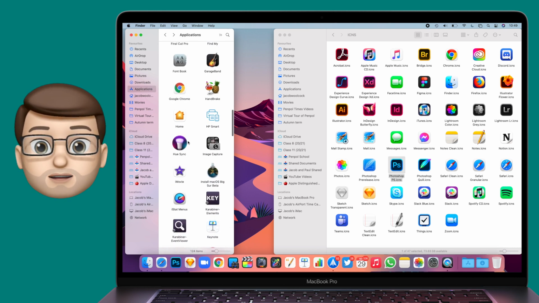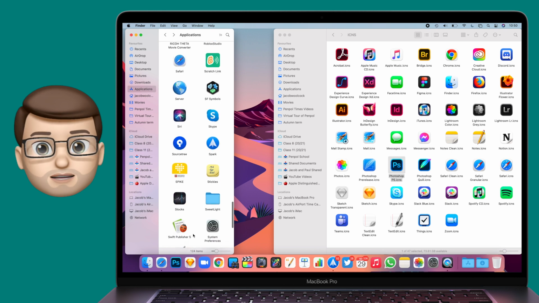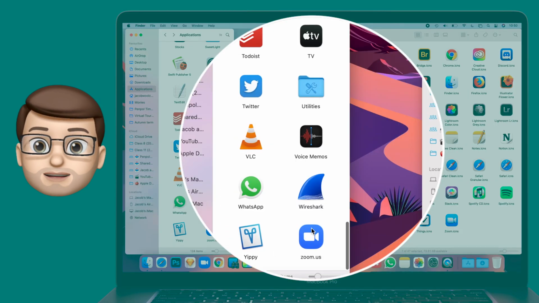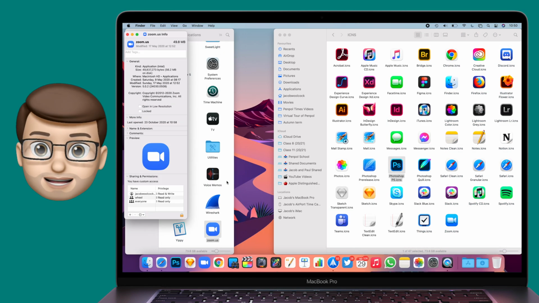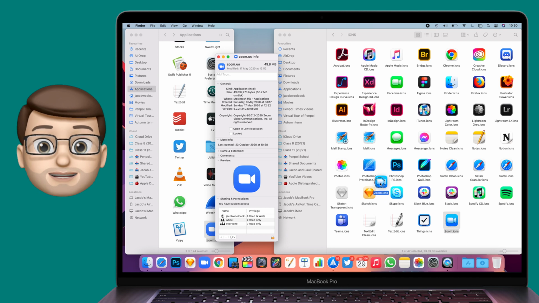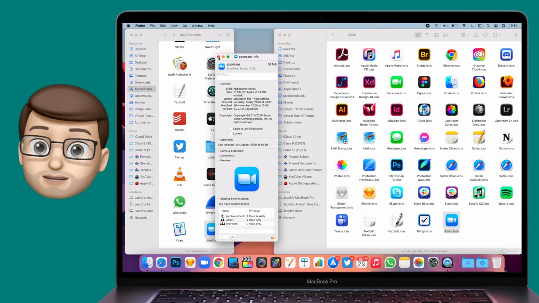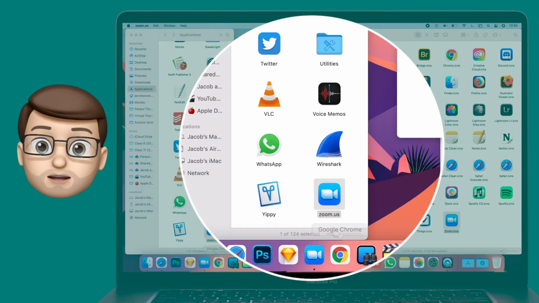So the Zoom app icon is quite a flat icon, and the style of Big Sur has a bit more depth to the icons than that. So I'm going to find the icon in the Applications folder, I'm going to Control-click or press Command-I to get info, and then I'm going to drag the new icon, the .icns file, onto the little thumbnail in the top left corner. As soon as I open Zoom, that icon will change, and now I've got a brand new style for my Zoom app in my dock.